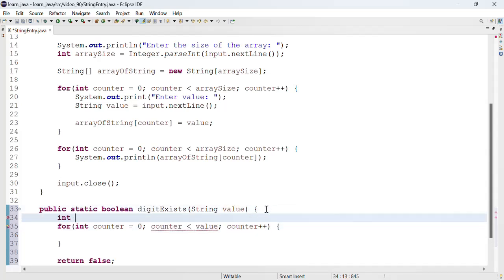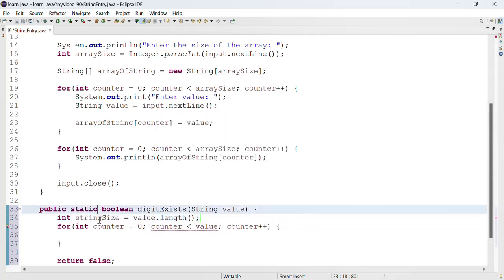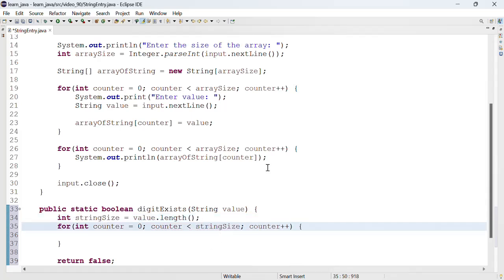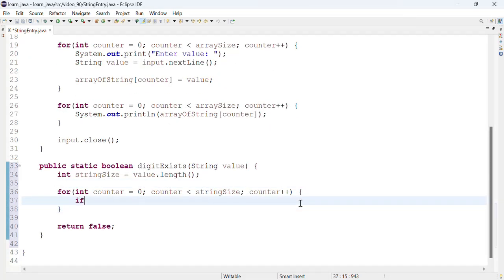So integer string size is equal to value.length. So now we can stop at that value like this. Yeah. So we're looping through the size of the string, and then what we're going to do here is we're going to check if